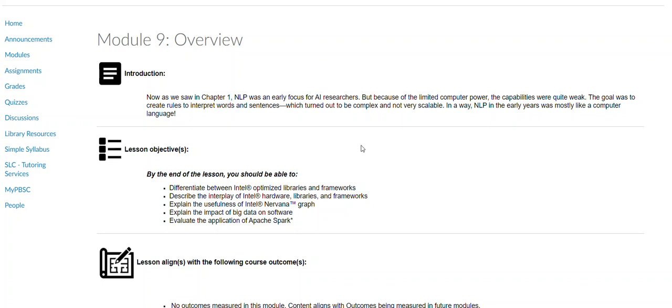So in the text, we're going to cover NLP, or Natural Language Processing, and it came up all the way back in the first chapter in the book. I think we dealt with that back in, let's say, Module 2. And we've discussed it a number of times along the way. And I think back to the first time I dealt with NLP, it was probably over 30 years ago, probably close to 35 years ago,